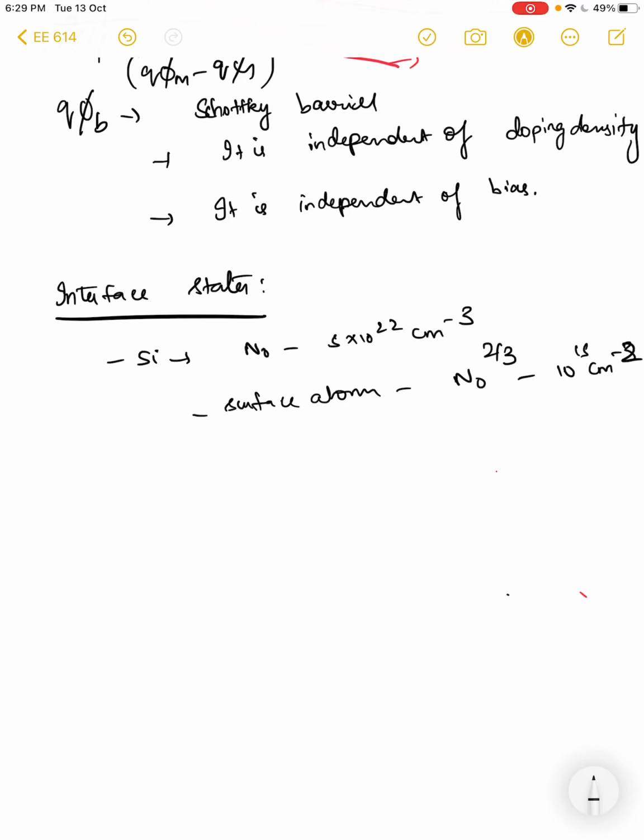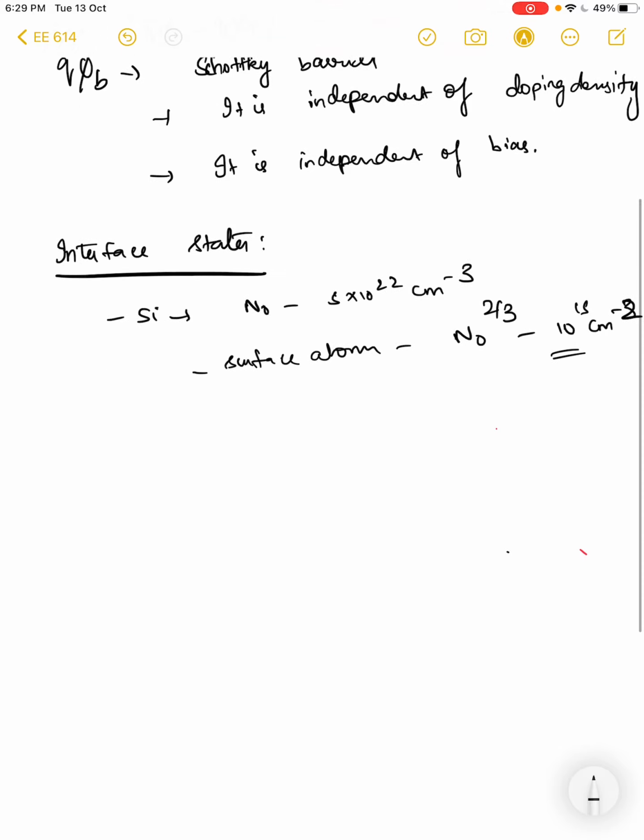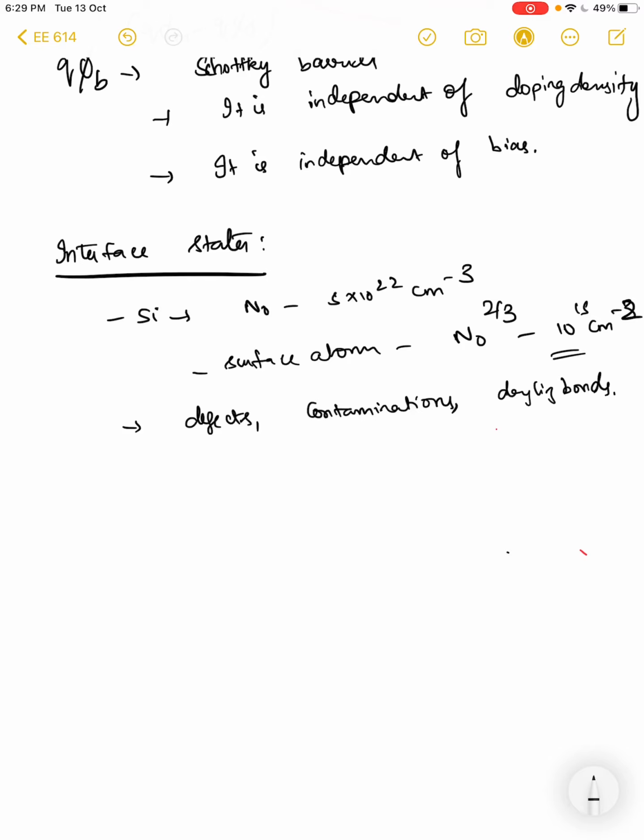Basically, this is the density of atoms at the surface, and these surfaces always have some sort of defects, contaminations, dangling bonds, and such. All these things can either absorb an electron and take a negative charge, or have a vacancy presenting a positive atomic charge, and hence they tend to be charged. So now let us take an example.